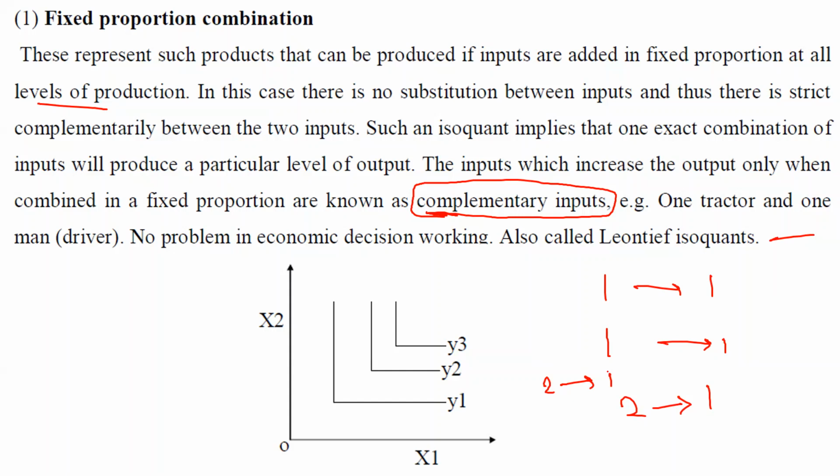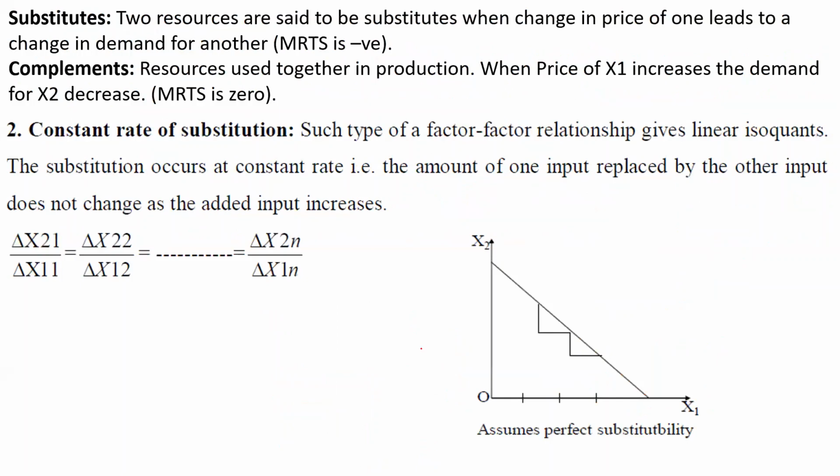सो दिस इज द फिक्स्ड प्रोपोर्शन कॉम्बिनेशन and it is called as Leontief isoquants, and the shape of isoquant is L shape. Here it is indicated by, this is the 1 unit of tractor, 1 unit of labor. Again, if you double it, when you take 2 tractors, you need 2 drivers. So this is the Leontief isoquants. Next we have the,